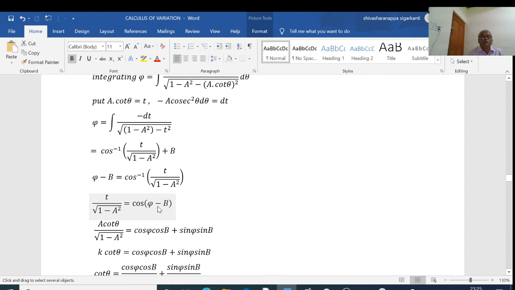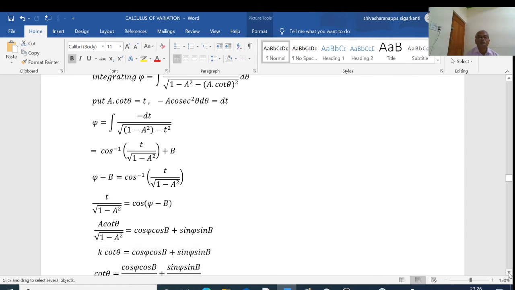Cos a cos b plus sin a sin b. That is cos pi cos b plus sin pi sin b. Now on the left hand side, a by root of 1 minus a square is there, as a is a constant quantity, therefore this whole term is some other constant quantity. I will denote this by say k. Then left hand side becomes k into cot theta equal to cos pi cos b plus sin pi sin b,